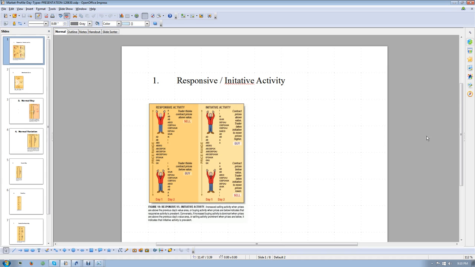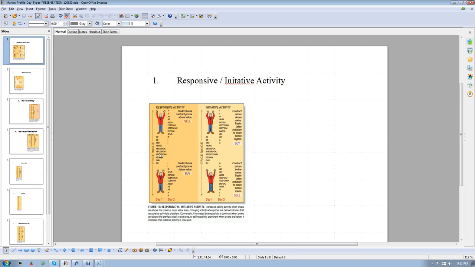And we can get into how the market moves from balance, a value area, out of balance to another balanced area, and so on. But we're going to go ahead and take a look at these different things here. And first, I'd like to talk about responsive and initiative activity, where it happens and what it's at. And here's a pretty good example